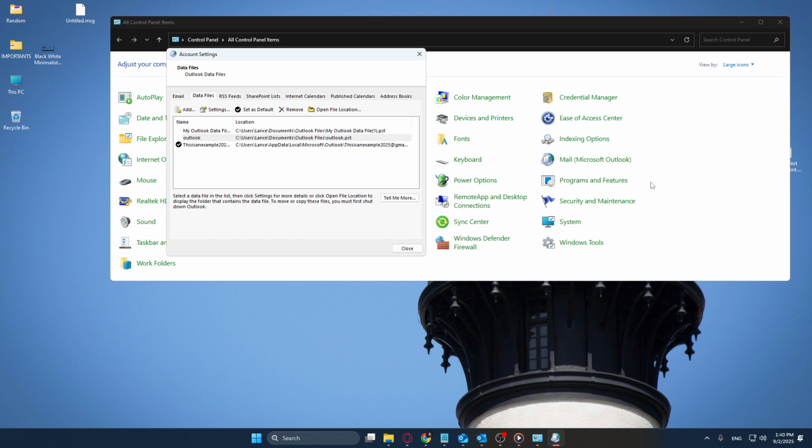In just a few minutes, you've taken an important step towards enhancing your email privacy and security. Now, whenever you or anyone else tries to access your Outlook data, it will ask for the password you've just set. It's a simple but effective way to protect your